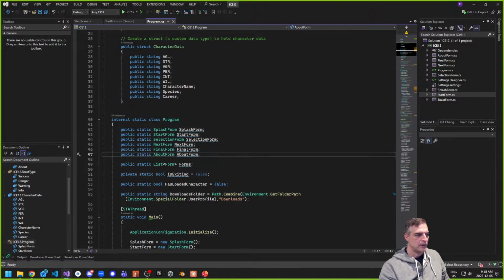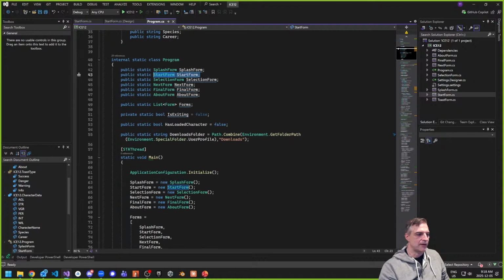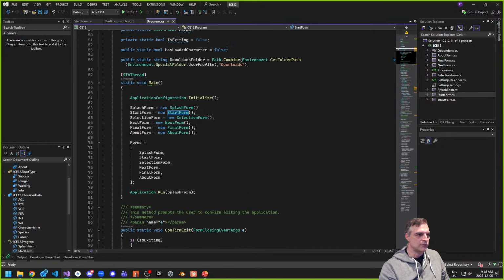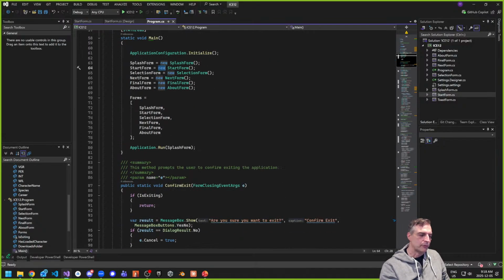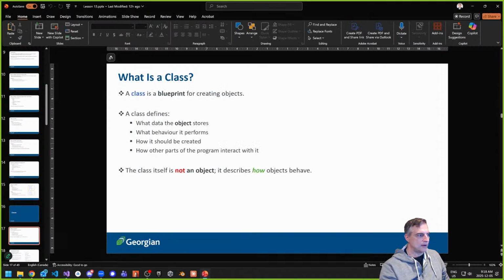As an example. So first we declare, kind of, the class itself. And then one thing that we need to do is use the new keyword. The new keyword breathes life into the class. It basically creates the object. That's what it does. So that object now is alive at runtime, and we can use it just like we've done with our Windows form, right? So that's what it does. So that is what a class is.